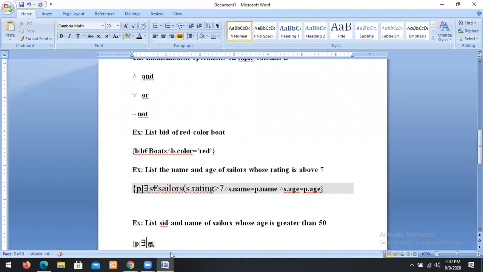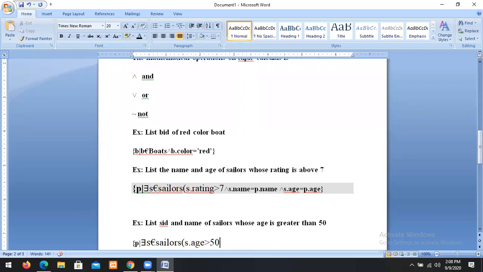So the tuple S belongs to sellers. Then what is the condition? Age is greater than 50. S dot age is greater than 50.